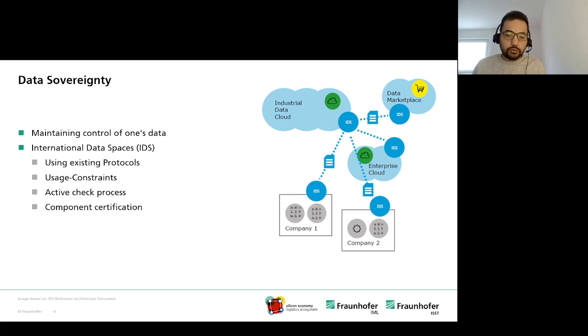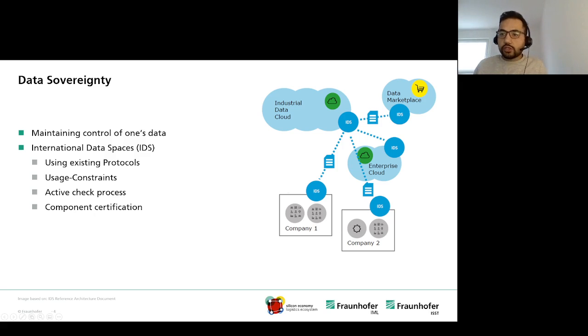So here, for example, we see in the picture to the right, we have company one and company two, and if these companies wish to exchange data, for example, if company one is a provider, company two has to agree to the terms and constraints provided by company one before accessing its data.